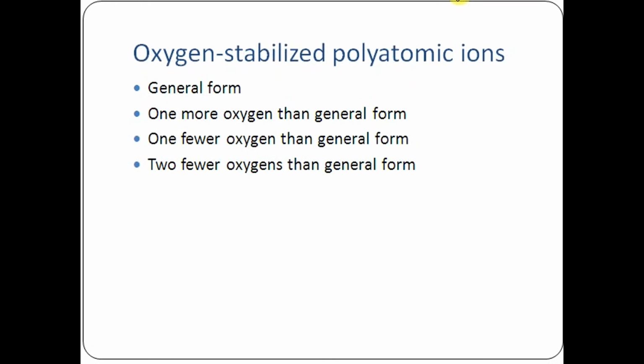The general form of oxygen stabilized polyatomic ions is that they will have an ending that is "ate", like, for example, carbonate or nitrate or things along those lines. Those would be examples of a standard general form oxygen stabilized polyatomic ion. And if we were to use this example, we would say nitrate. That would be the general form. Now, this is what it says on number 19: the name of the ion is the stem of the non-oxygen element with an ending that describes